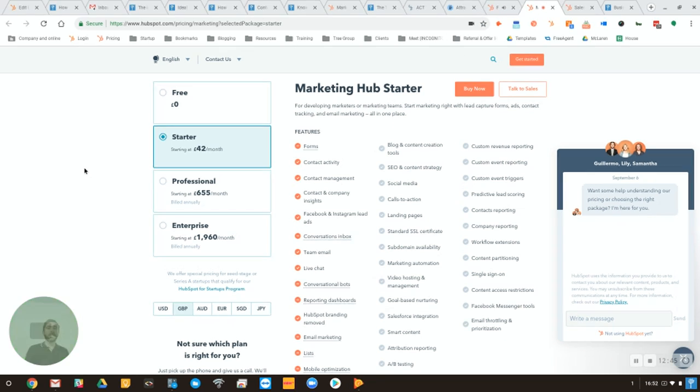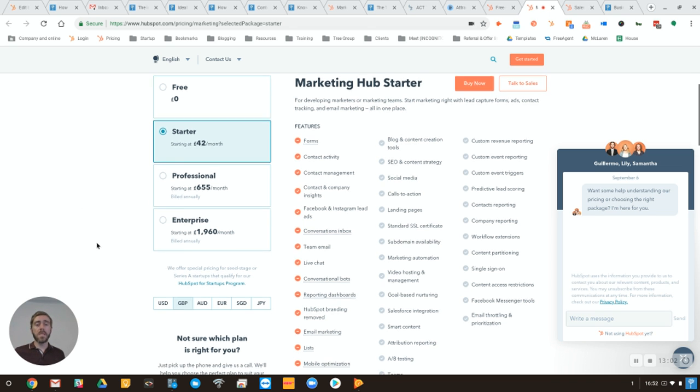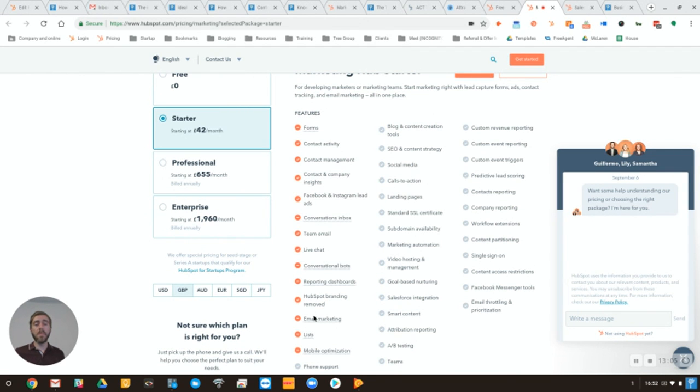Then I would be looking at one of the paid HubSpot marketing platforms. Which one you go with really depends on your company and your revenue goals. As a minimum, I would be starting with HubSpot Marketing Starter. The reason to do that is because it now includes email marketing. And in the interest of having as few systems as possible, so it's just easier for you to manage your day-to-day life, it makes sense to have HubSpot Marketing Starter so you can do your email marketing from within the